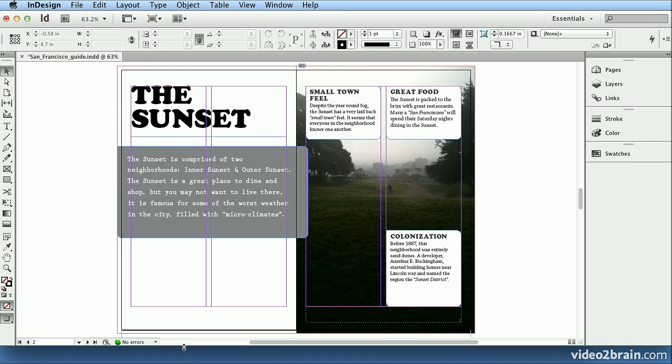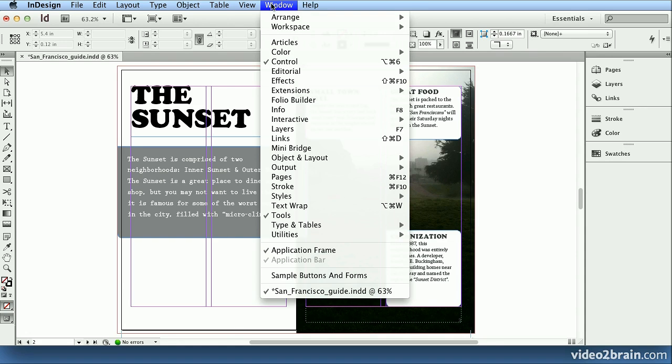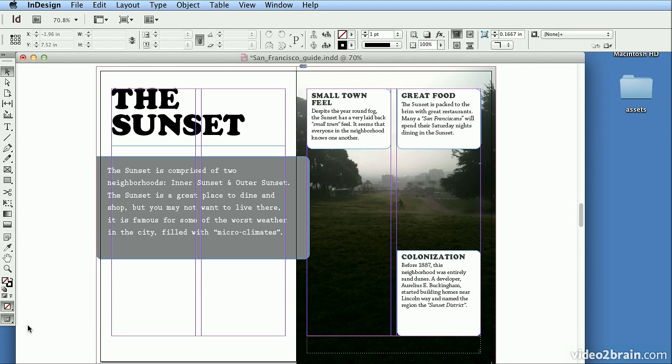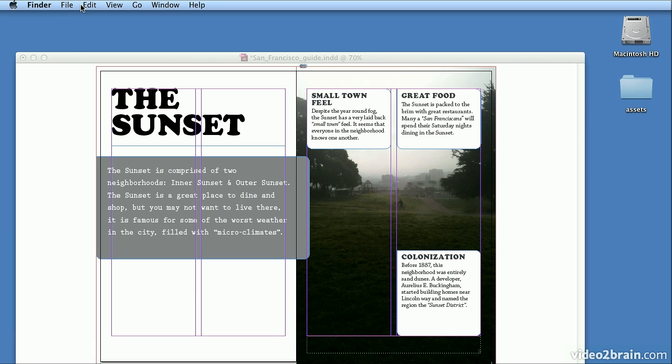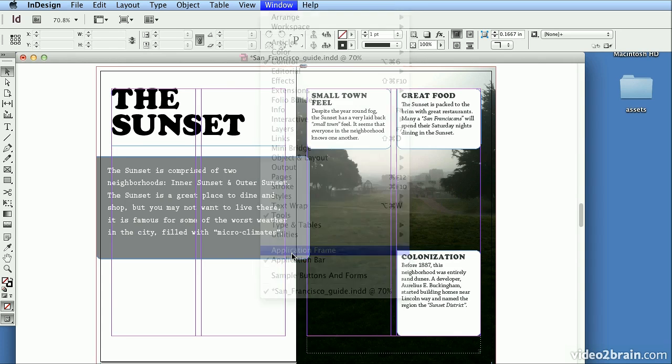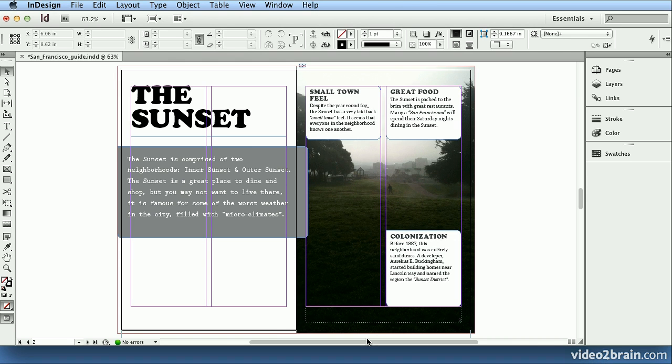In fact, I'll reduce my application frame size so you could see that better. And a note for the Mac users, I've already turned this on, but under the Window menu is Application Frame. If that's off, you could see the blue of my desktop behind InDesign. And if I click on the blue of that desktop, I'm back at my operating system or the Finder. If I click back on InDesign, I could choose Window, Application Frame, and now I've got my desktop mostly hidden, and the whole program sizes as one window, more like it does on the Windows platform, which I prefer for